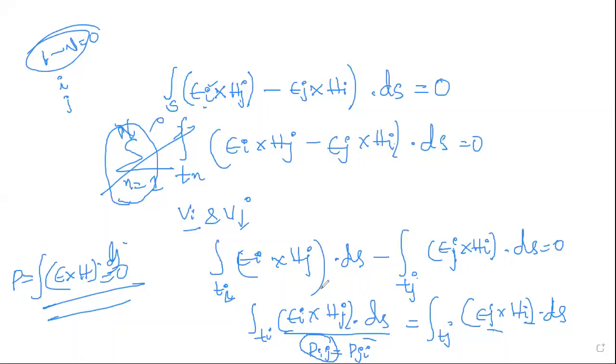So bring this to the other side. We know the Poynting theorem is nothing but the closed surface integral of E cross H dot ds is equal to 0. Don't consider 0, just write the equation of the Poynting theorem, that is E cross H dot ds. So your equation for Ei cross Hj will be Pij. Similarly, Ej cross Hi will be Pji. Now for this, you have to write the equation in terms of voltage and current. So I'll clear the screen. So you have the first term, Pij, which is equal to Pji.